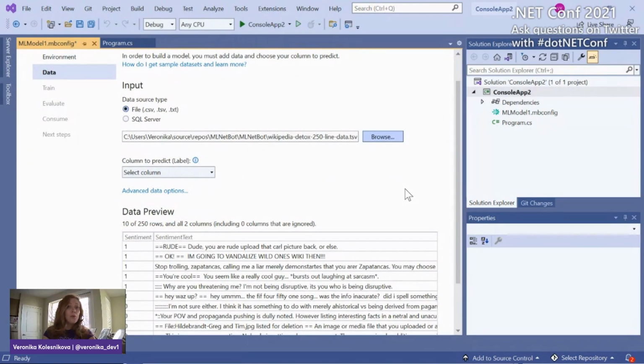And a really cool thing is that data preview part that you can actually see what kind of data you have. You're not going to see all the data, especially if you have bigger data set. But it's just really nice to see what columns you have. Maybe you need to filter them out. Maybe you need to exclude some of them. So here you have that advanced data options where you can maybe ignore some columns that are not related, and also